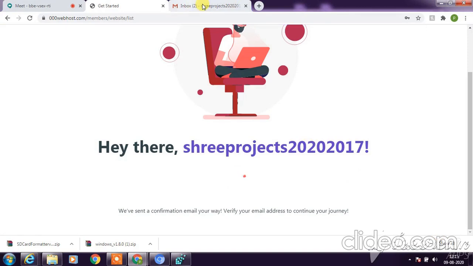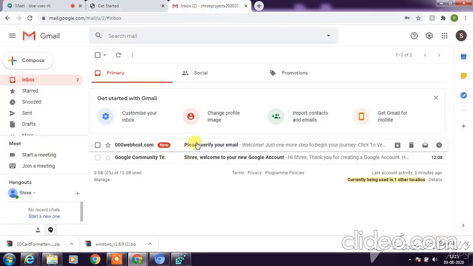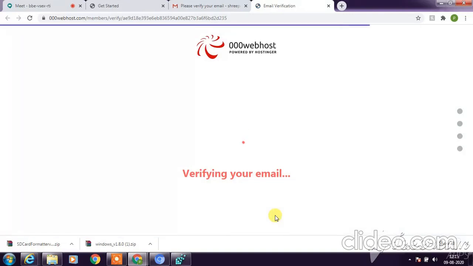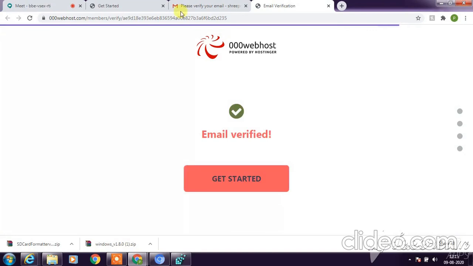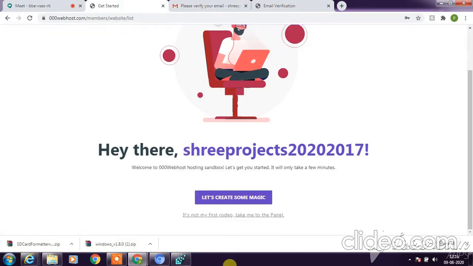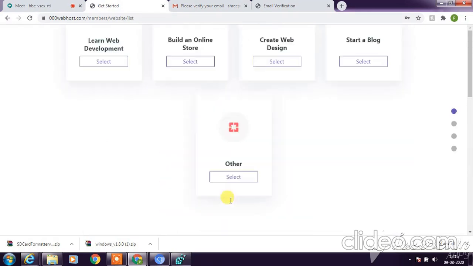This time it will send a mail to your Gmail. So you have to go to your verification mail and click on verify your mail ID. Once this mail is verified, it will show you, let's create some magic. So let's click on let's create some magic.